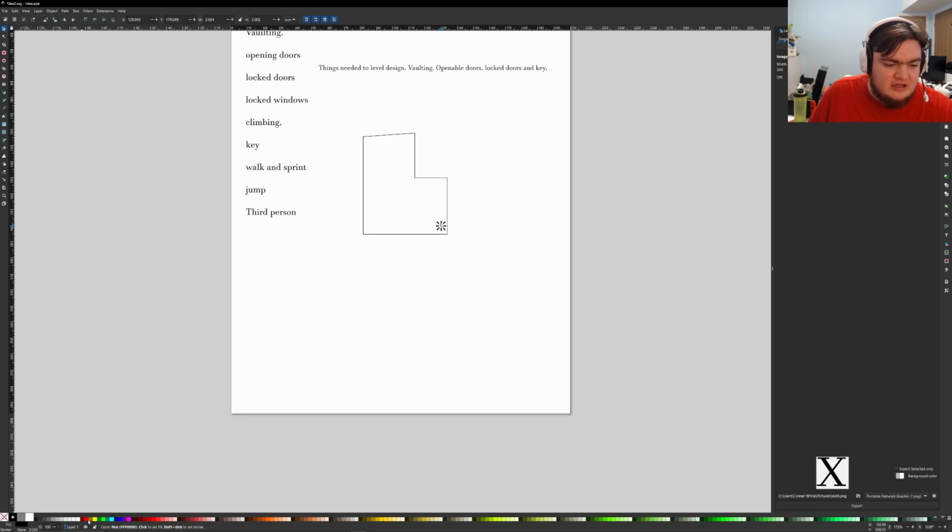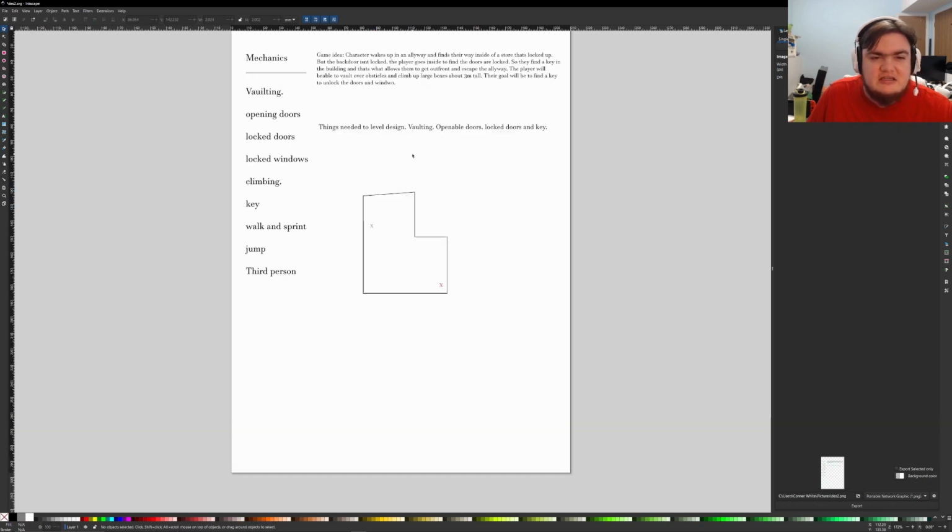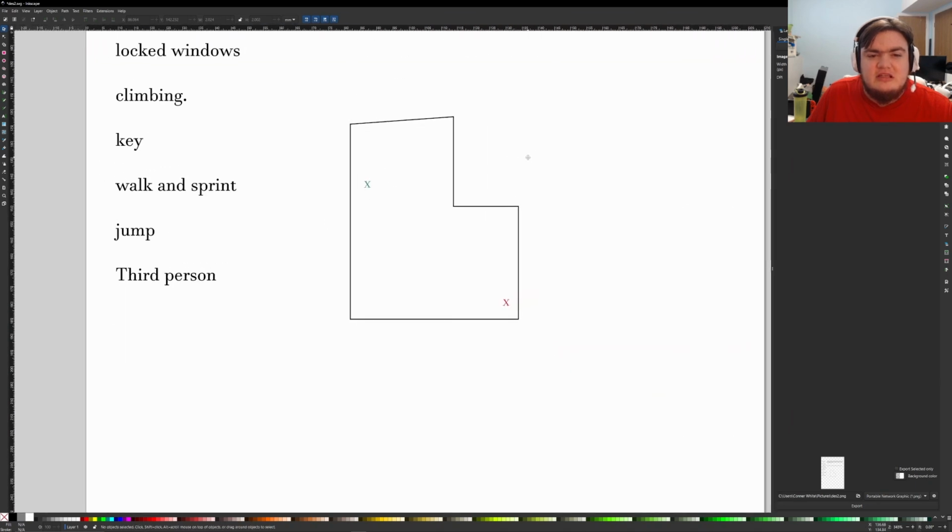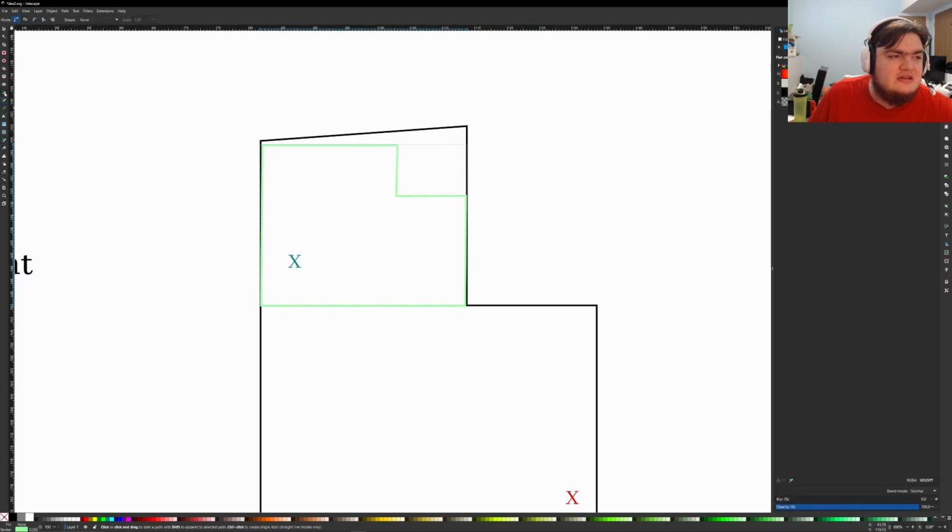indicated with a red X. And then the key will be located, let's say, right here with a yellow X. Let's go with something a bit easier to see, a dark green X. So the key means we can leave, and so now we go in and we'll design the building, little rooms inside of it. So with this built in, boom, boom,